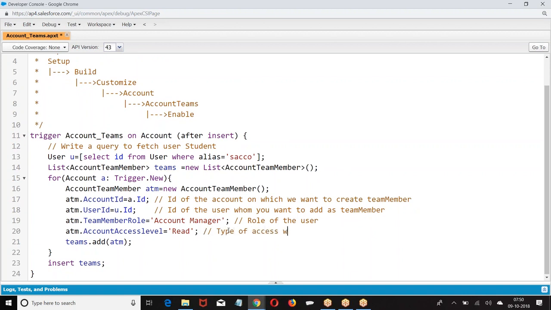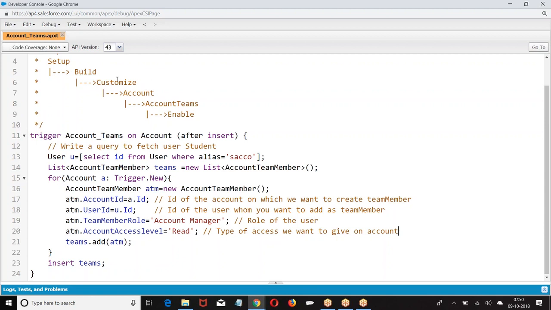Type of access. So what have we taken? Team member: ID of the account, user, team member role, account access level. So the ID of the account, the ID of the user, on which account we are creating a team member, whom we are creating as a team member, what is the role of the team member, and what type of access we are giving. I hope you are good with this.